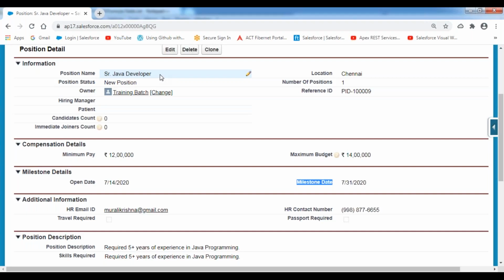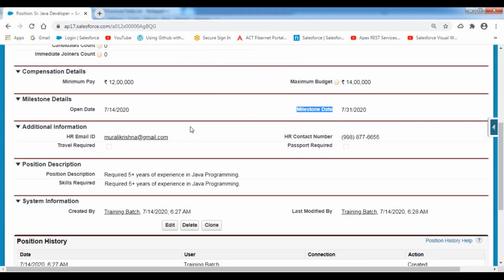He has assigned the position responsibility to an HR person, to please recruit a candidate for this position who will have a minimum of 4 years of experience in Java programming. He created the position information on 14th of July and has given time till 31st of this month. That means please recruit the candidate by 31st of this month.